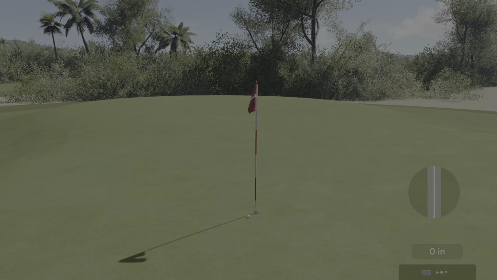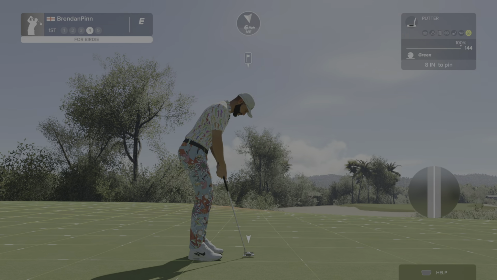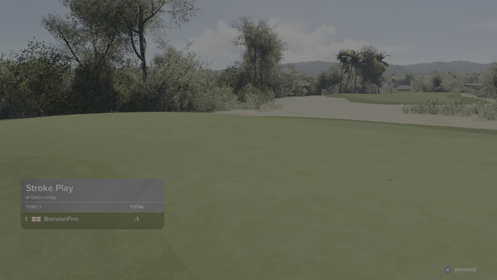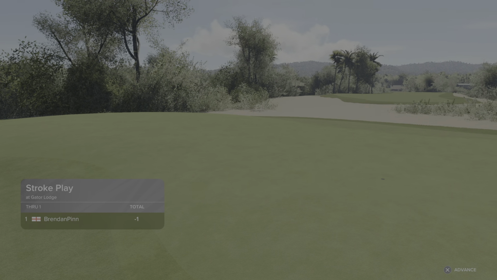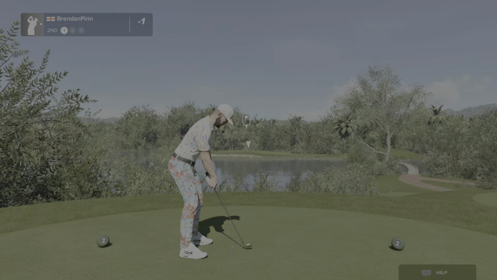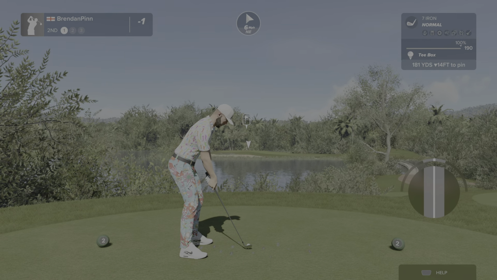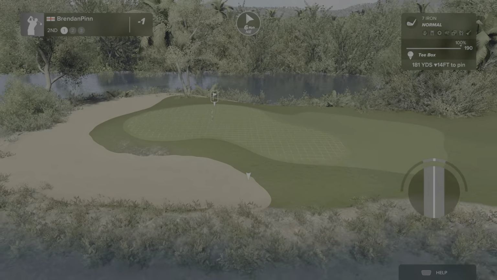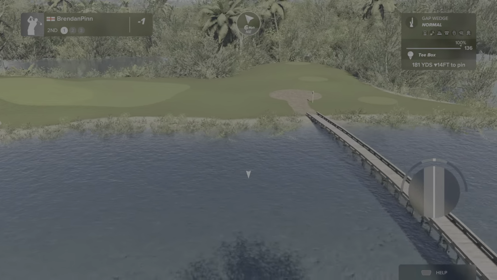And that's a nice simple up and down. We will take that and we shall move to 1 under par. Very, very good par 5 to start off with there. From my perspective, it's a definite scoring hole. We've got a par 3, loads of water. I just want to come back